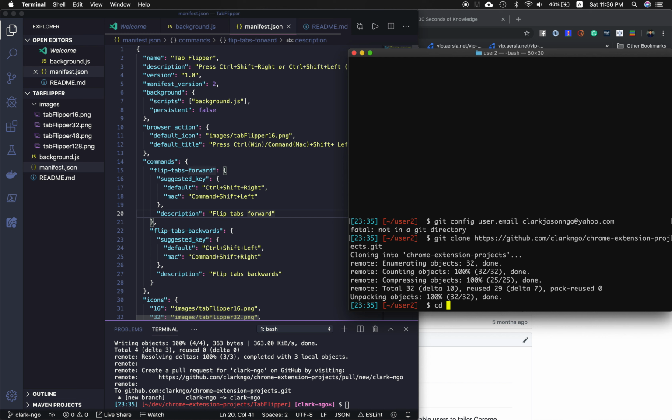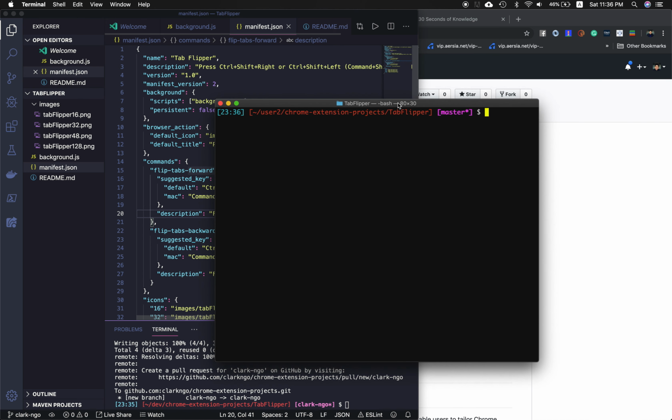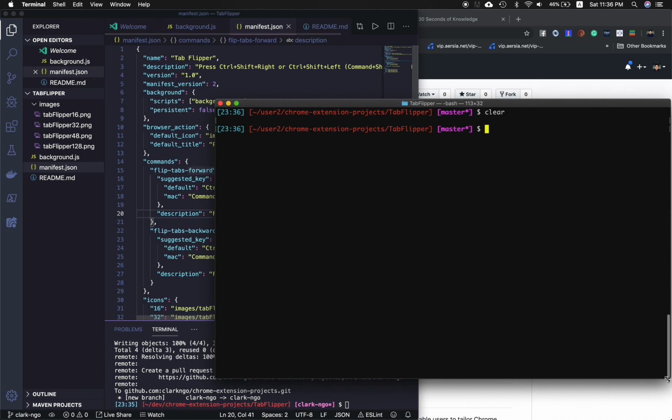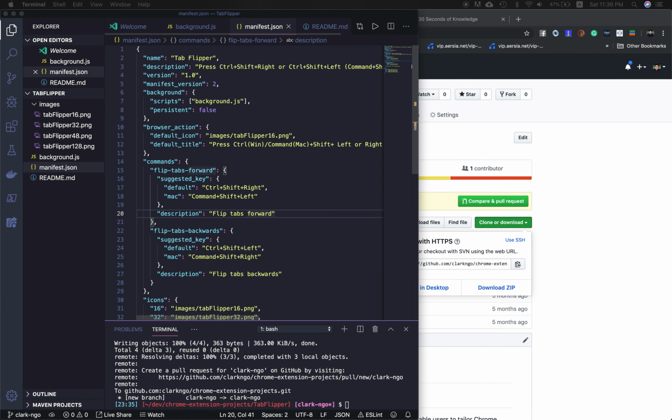Okay, let's go in. And it should be tab flipper. Let's clear that up. And let's do the git config user.email Clark Jason Ngo. Okay, git config user.name Clark Jason Ngo. Git config user.password, and let's set that to, oops, I can't show that, so